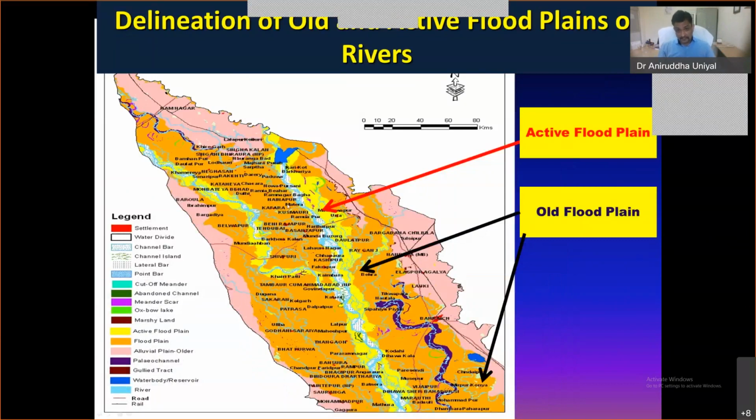So, by mapping all these relic channels, paleo channels, old meanders, meander scarps, we can map these because there will be more frequency of these relic channels within the active floodplain, within the old floodplain. And further, we can also see the break in the slope to some extent, even on 2D images. On 3D images, it will be very, very clear. So there's a slight break in the slope at the junction of active and old floodplain, again at the junction of older floodplain and older alluvium.